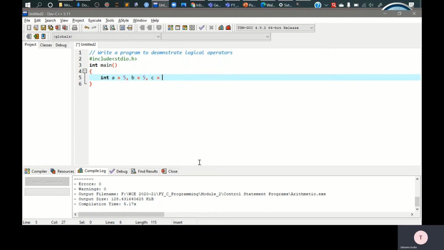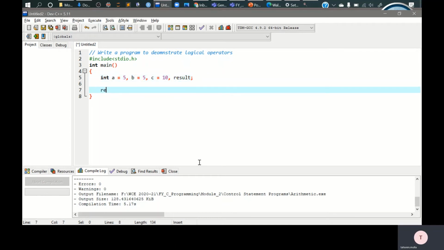Then we'll have c equal to a different value, 10, and we'll store our answer in result, right? Result equal to first whether a equal to b, and then another expression between c and b.